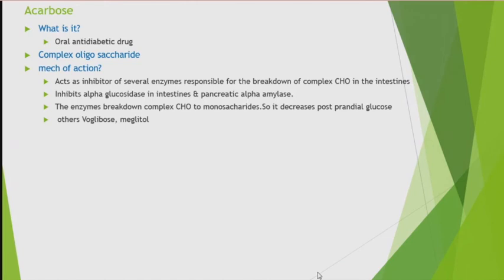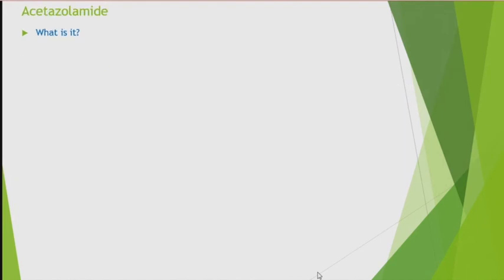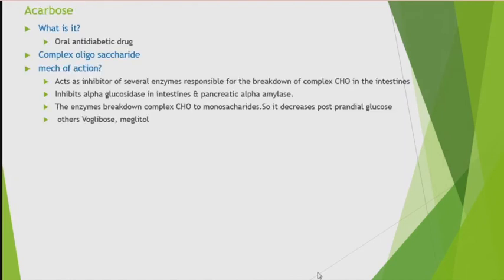What may be their side effects? Sir, side effects will be diarrhea, flatulence, sir. Flatulence and abdominal distension. Many people are not tolerating this drug. So which part of the blood glucose will be lowered by this mechanism? Is it reducing the 24-hour blood glucose or any particular time it is useful? Sir, postprandial, sir. That's right. Very good.